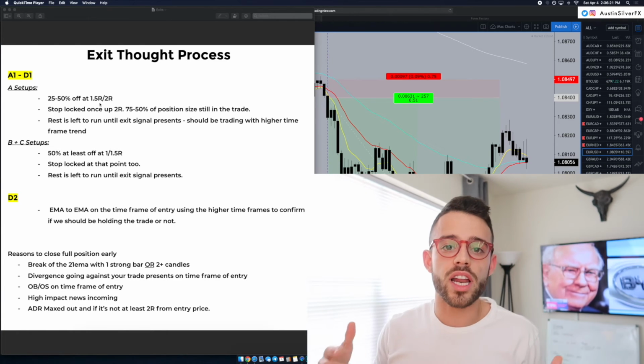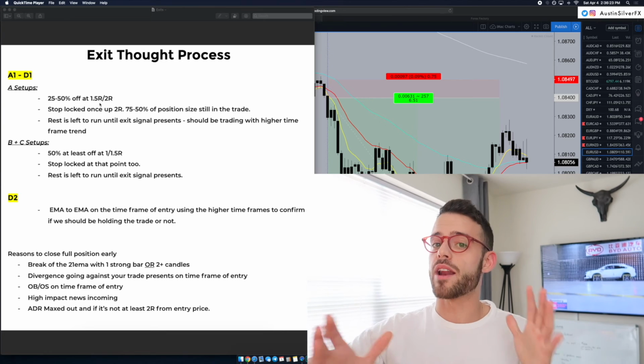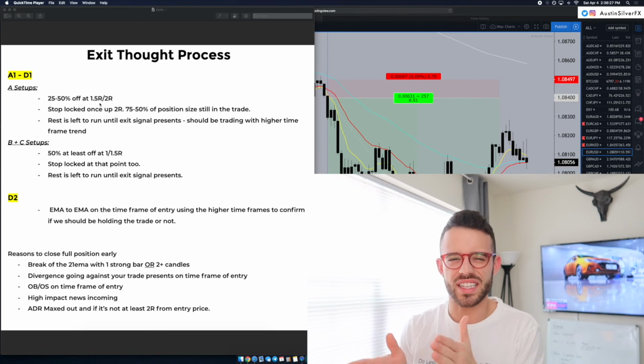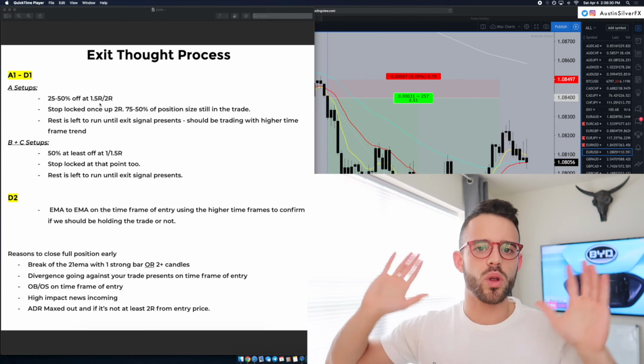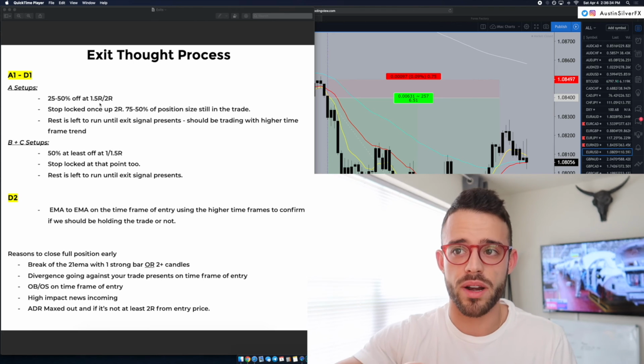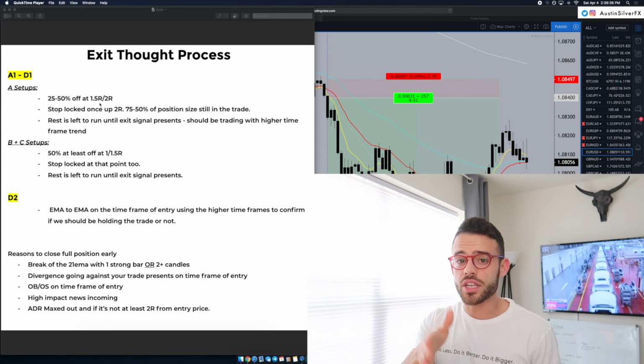So for the B and C setups, 50% of the trade comes off at about 1R, 1.5R. So again, if you're risking 5, as soon as I'm up 5, 6, 7 pips, take some off, lock the stop loss, can't lose. Blue trade, good. Do it again, find the next one. That's the one good trade mindset. That's the way I'm managing these trades. Now,